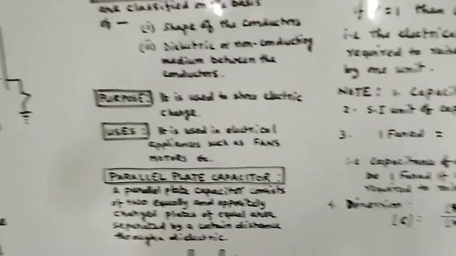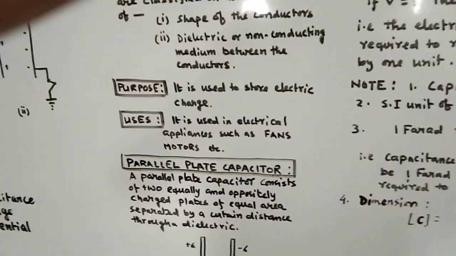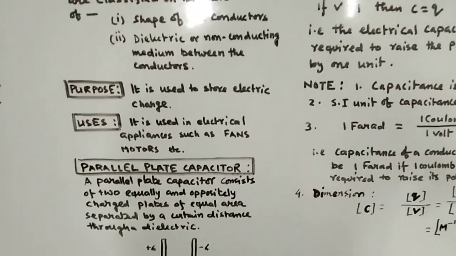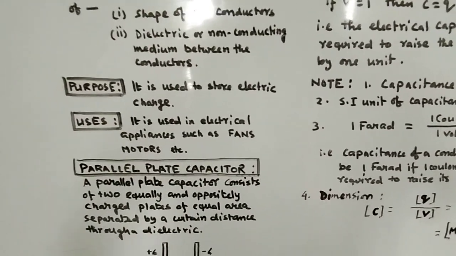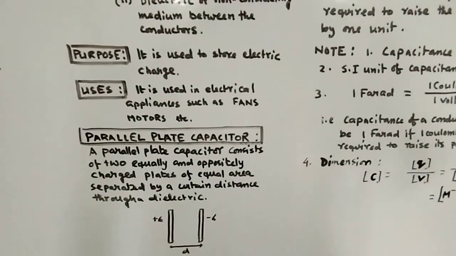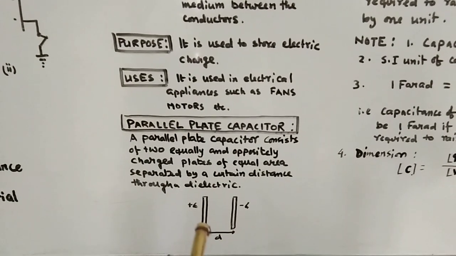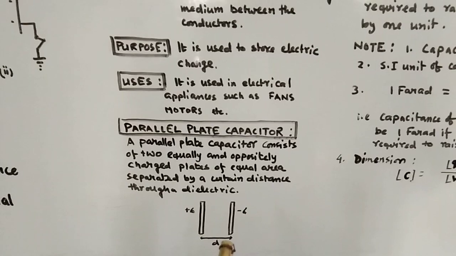Now the common capacitor which we are going to discuss is your parallel plate capacitor. Now what is a parallel plate capacitor? As per the definition, a parallel plate capacitor consists of two equally and oppositely charged plates of equal area separated by a certain distance. So if you consider this one, these two plates of equal area are separated by a certain distance